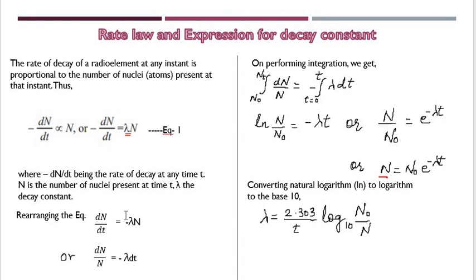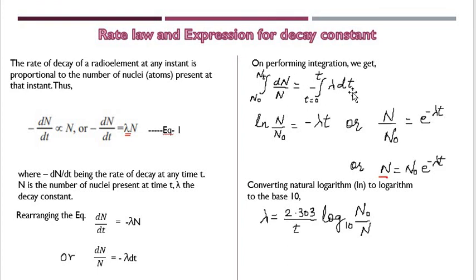Now if I perform integration in this equation, integration has to happen within limits. So dN upon N is integrated within the limits N naught to Nt. N naught is the initial number of atoms. Nt is the final number of atoms at time t, equal to minus lambda, from when disintegration has not started, that means time is 0, to time t at which the number of nuclei present is Nt, lambda dt.